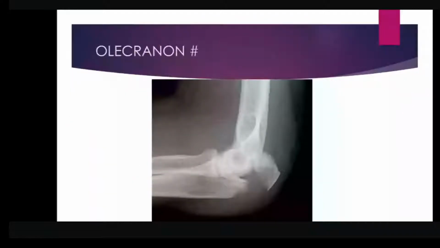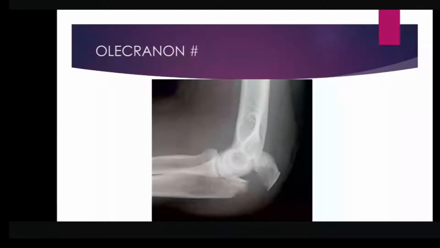Now, this is a very common fracture, olecranon fracture, very commonly seen. Whenever you consider these two types of fracture, olecranon fracture and patella fracture, these two fractures are very similar because these two bones are eccentrically loaded bones. What is eccentrically loaded? One tendon pulls upon the bone. For example, for the patella, there is the quadriceps, and for the olecranon, there is the triceps.